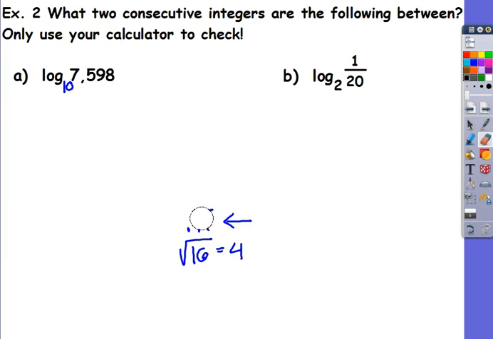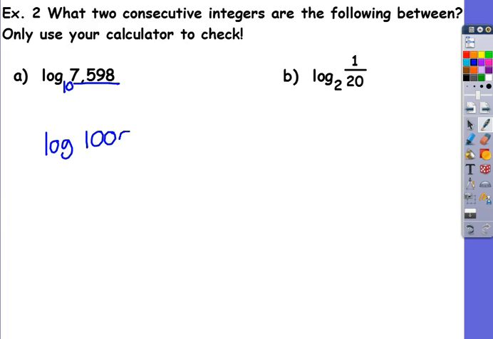So using kind of a similar train of thought, I'm going to pick something where the argument is just a little bit lower than 7,598. So I'm going to go log base 10 of 1,000. Or this is also like saying 10 to what power is 1,000? Well, 10 to the third power is 1,000. So this is going to be 3. But 1,000 is smaller than